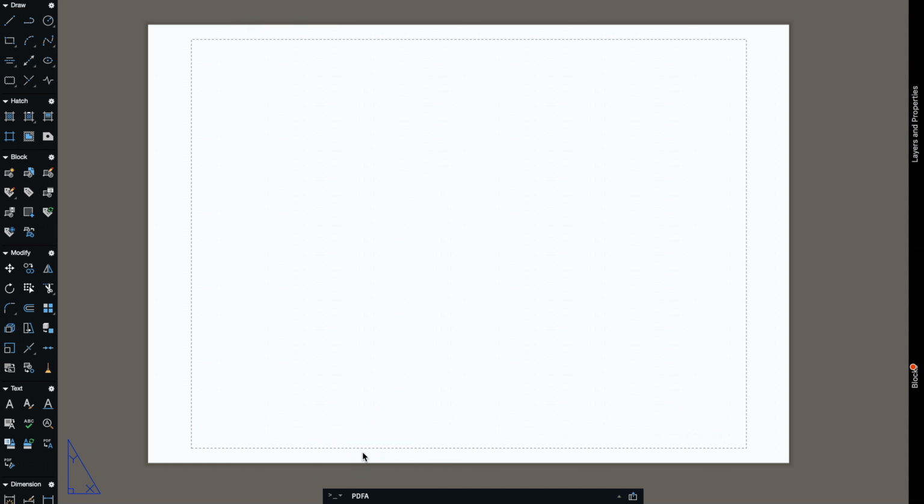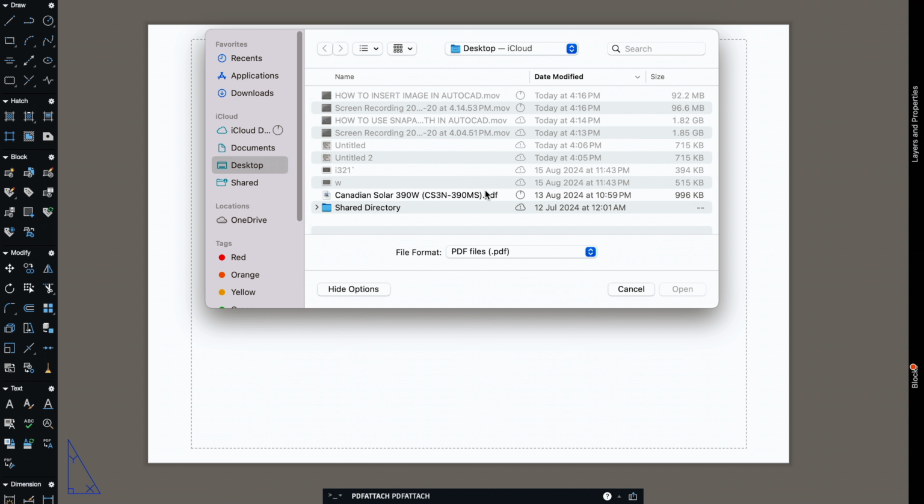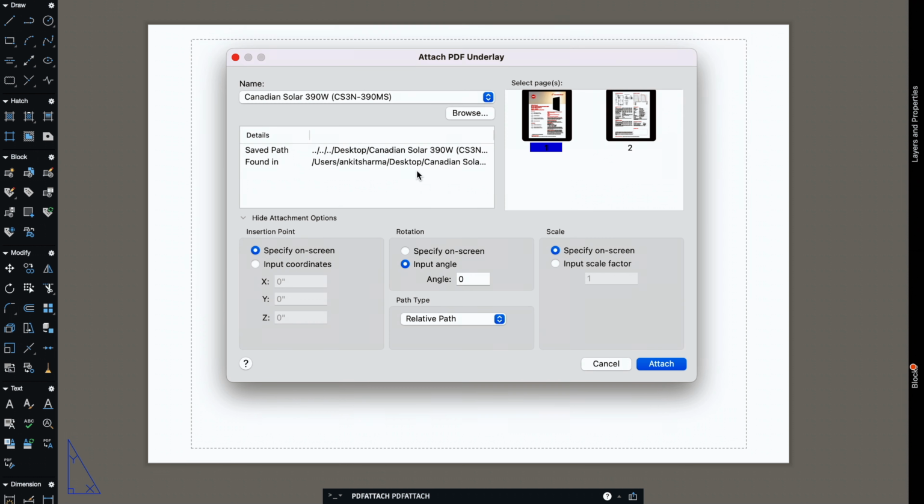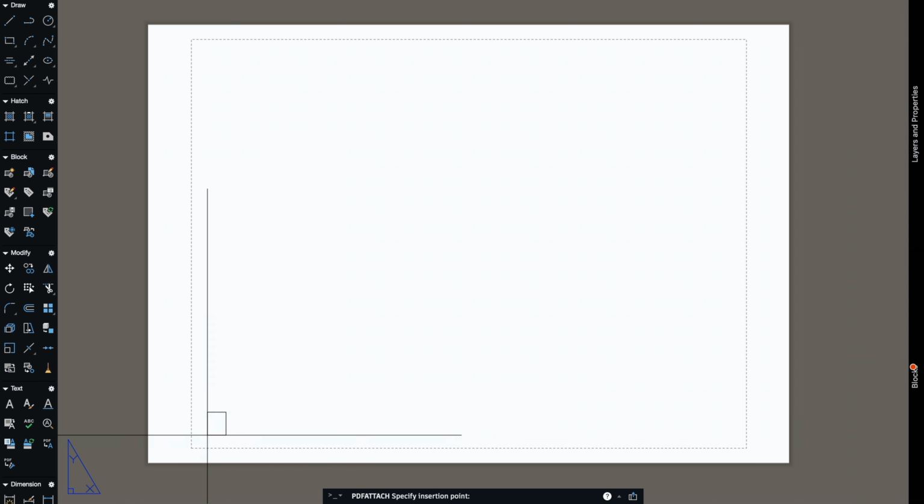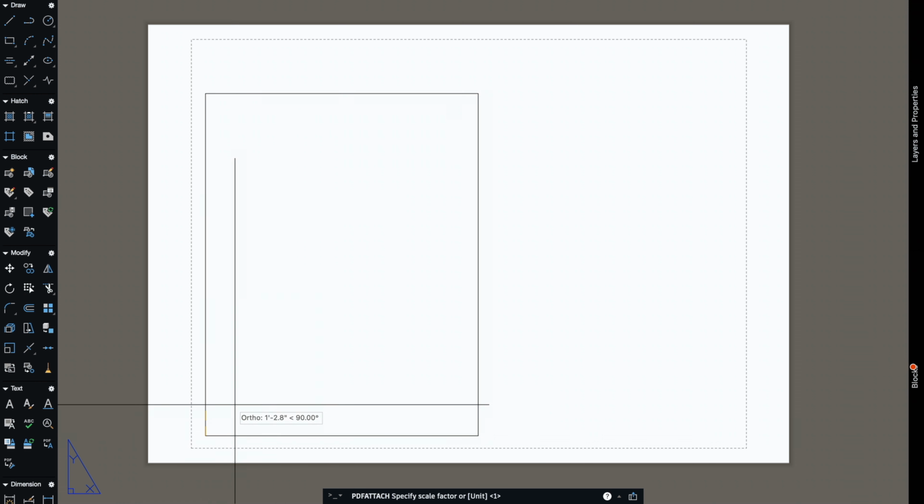Just press space. Here it is asking me the path. I'll give the path here, the saved PDF, and I click open. Then you can select the PDF you want to attach. Just click attach here like this and it's going to scale